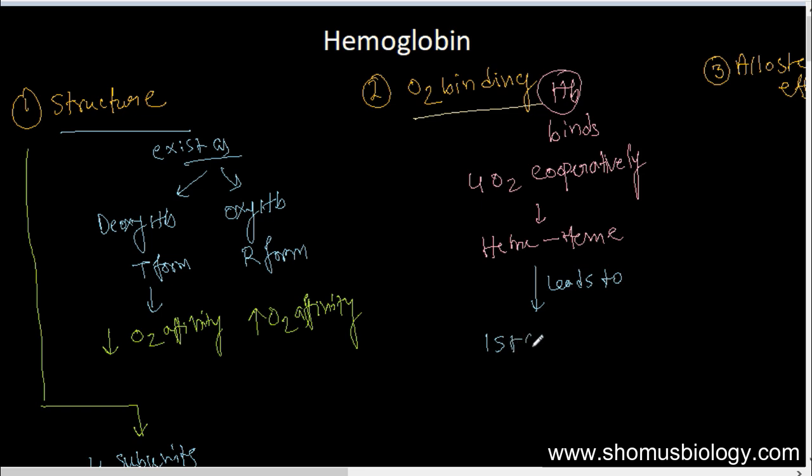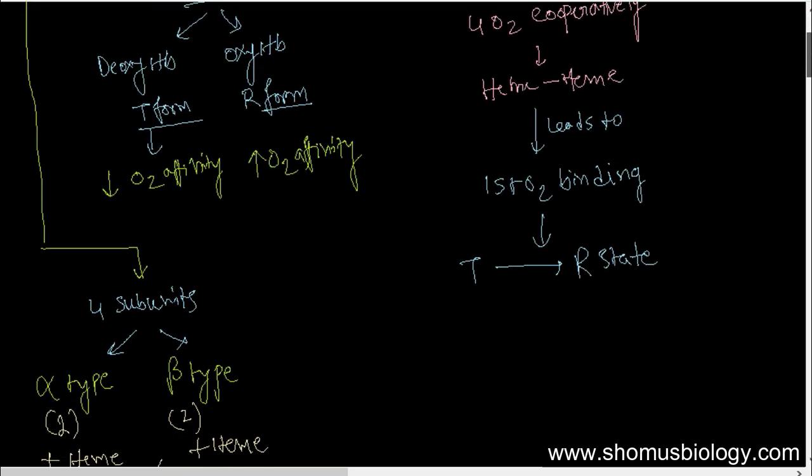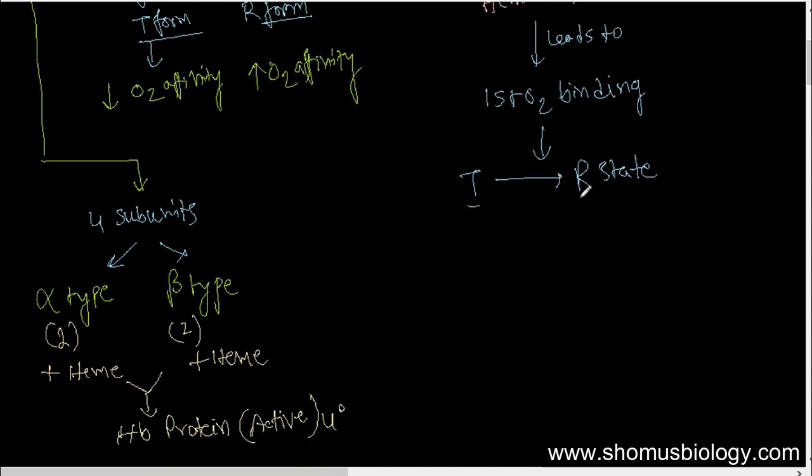So the first oxygen binding is of low affinity, but this first oxygen binding shifts the T form into the R state of hemoglobin. Remember, there are two states, T state and R state. The first binding of oxygen to hemoglobin converts the T state into the R state,